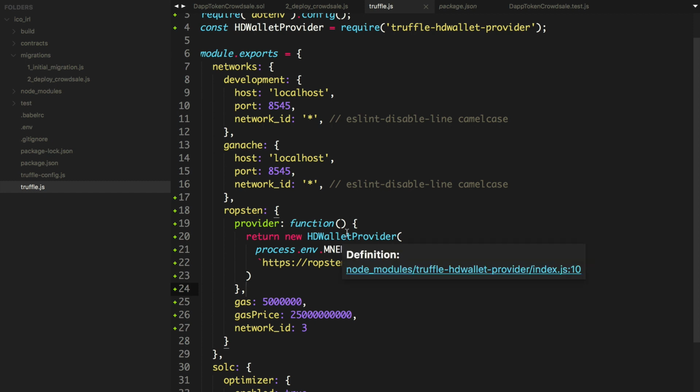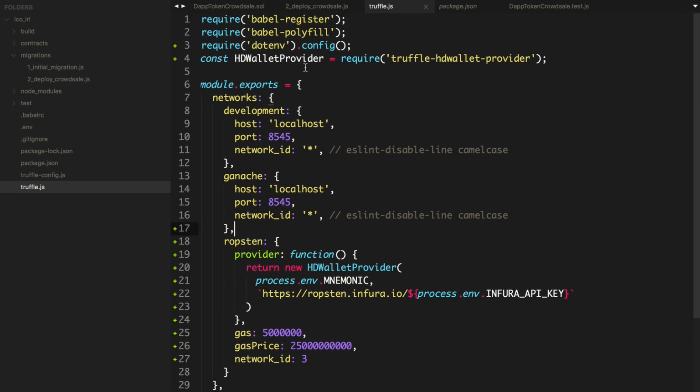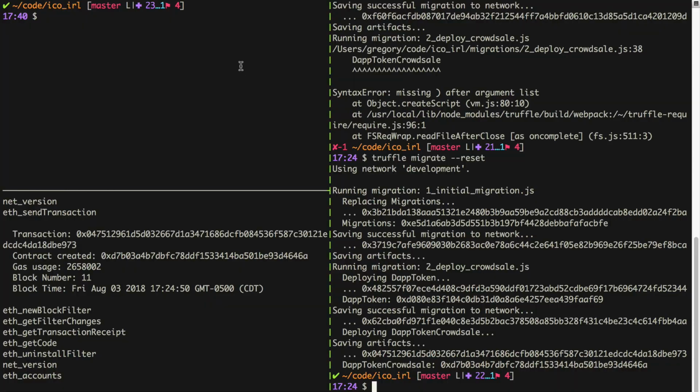Now, that being said, whatever account is generated by your seed phrase, you actually want to send some ether to that account. I can show you how to do that momentarily. Let me show you how to get access to the account that's created by Truffle HD Wallet Provider. Go to the Truffle console,